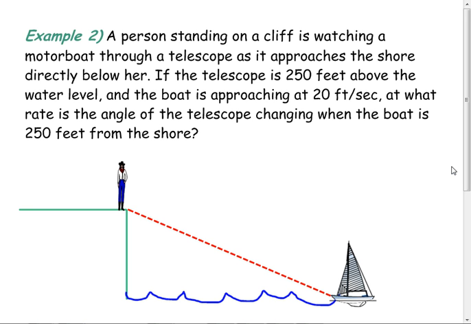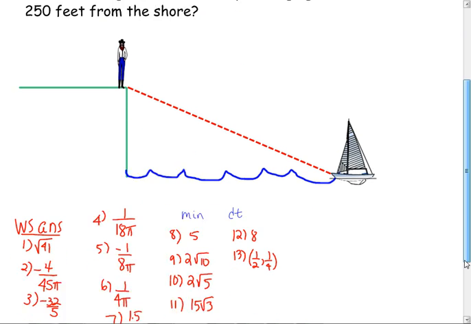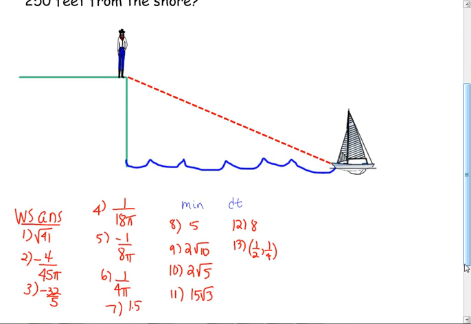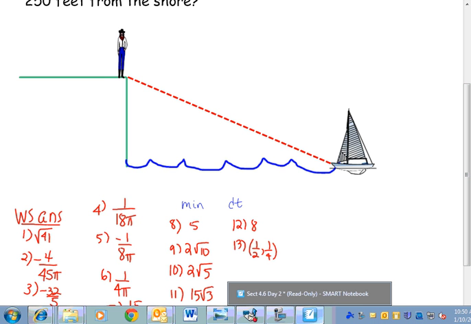If the telescope is 250 feet above the water level and the boat is approaching at 20 feet per second, at what rate is the angle of the telescope, read that carefully, changing when the boat is 250 feet from shore? So give it a try, and I'm going to put a poll out that asks you to submit your answer. Nope, not multiple choice. You just type in the answer. And there are 2 ways you can do it. One's as a decimal,